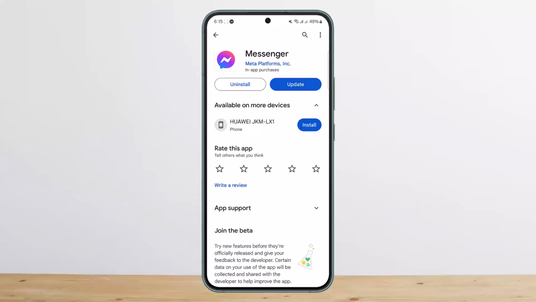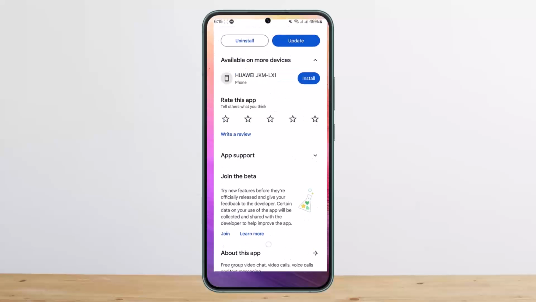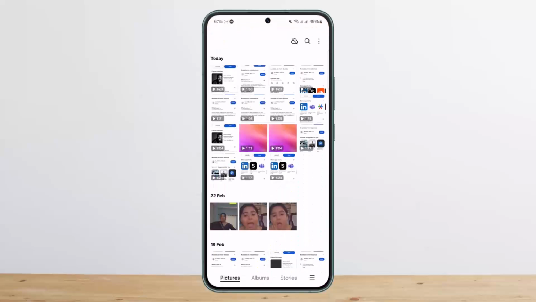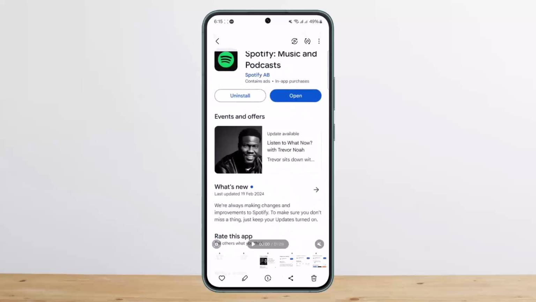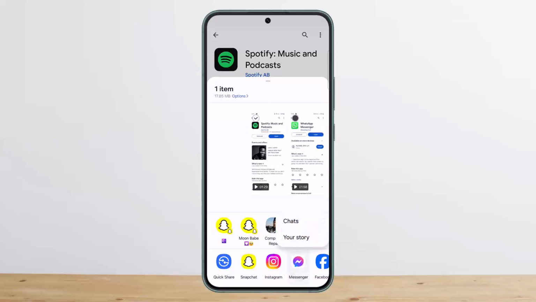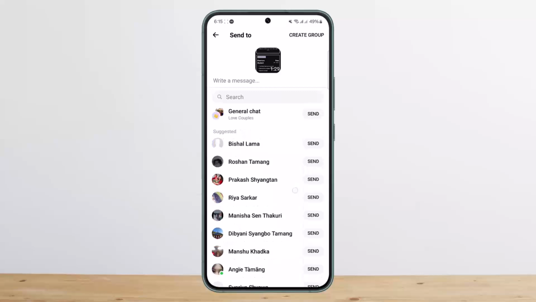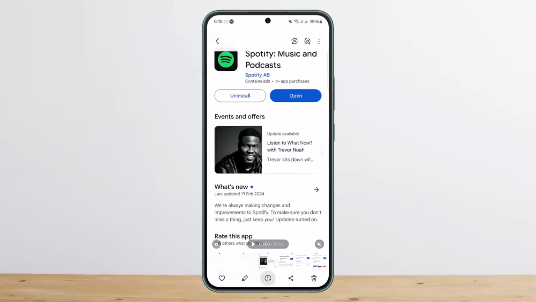Now, if it's just a long video and it has a very small size, below 25 MB, then what you can try to do is simply go ahead into your gallery where you have the video. Now, I don't have any longer videos, but I'll just show you one particular video. Tap on the video and open it up, tap on the share icon there in the gallery, and then tap on Messenger, then tap on chats and select the chat, and you can send it to one of your chats from here directly. If you try sending it and it doesn't send,